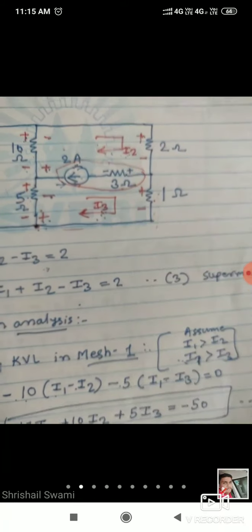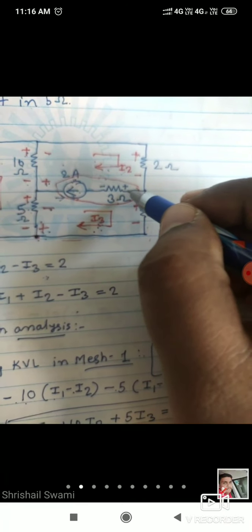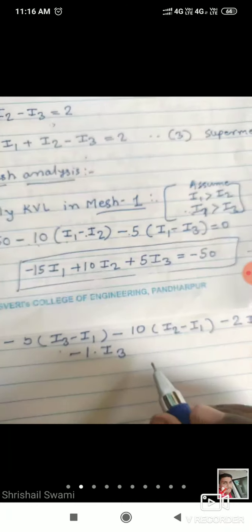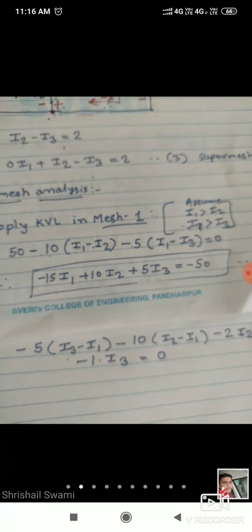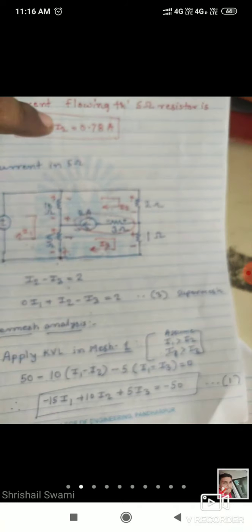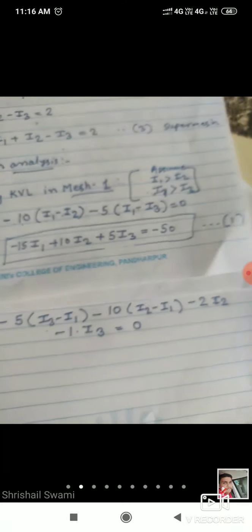Now next, come to the 1 ohm. Don't move here because we left this branch. So come to here. That is 1, that is minus 1 into I3. Only I3 is flowing through that 1 ohm. And then come to this part. Okay, we will end that equation now, equal to 0. So this is the way of applying KVL combinedly for the outer loop by leaving that particular super mesh part. Okay, so this is the equation.